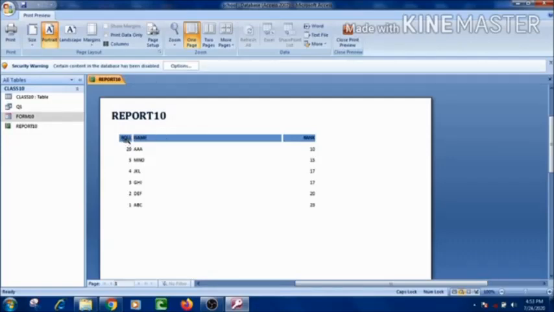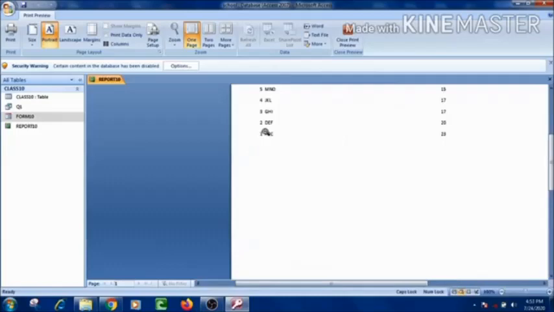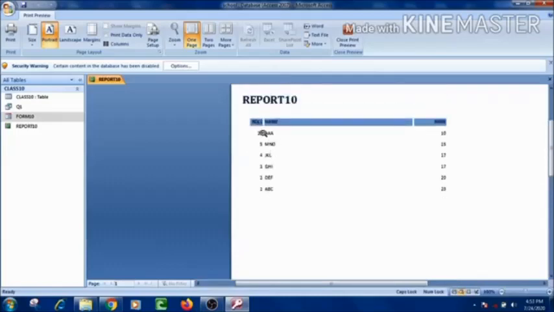And you can see here that the roll number is in descending order, because I have changed the order of the records from ascending to descending there. So this is the class report only.